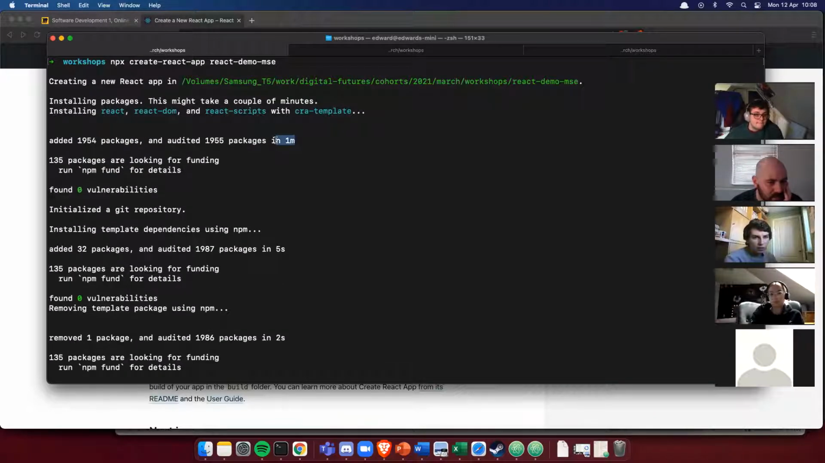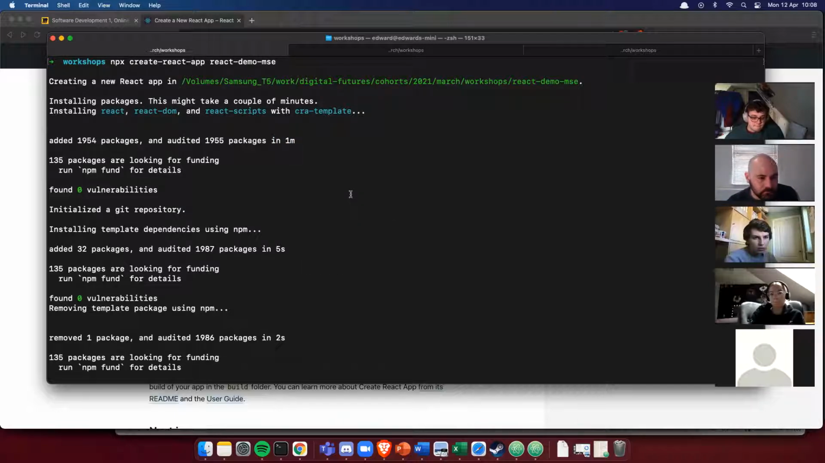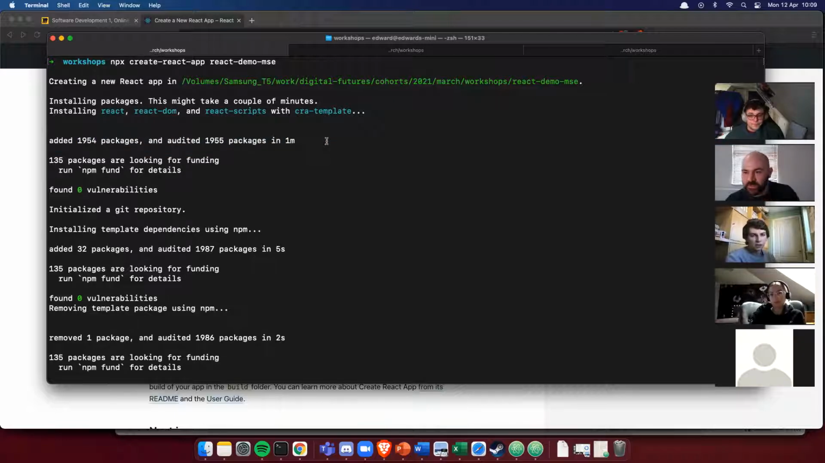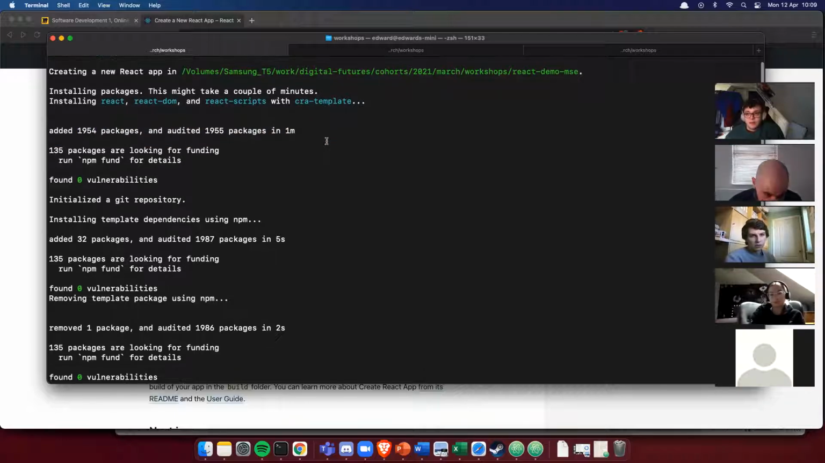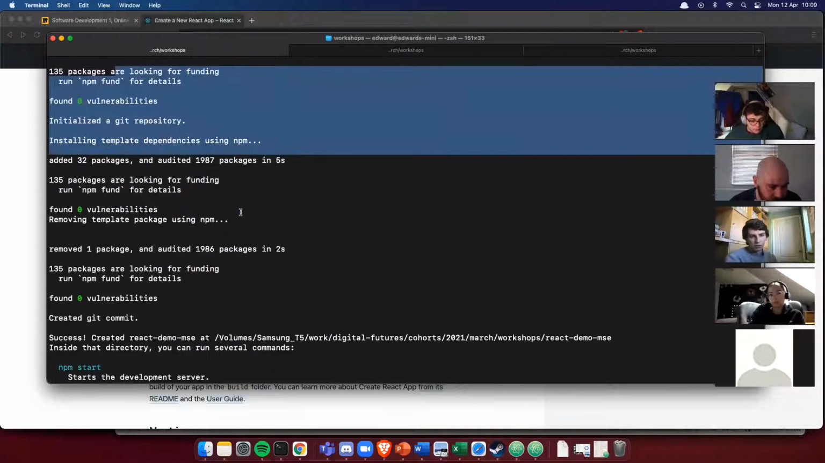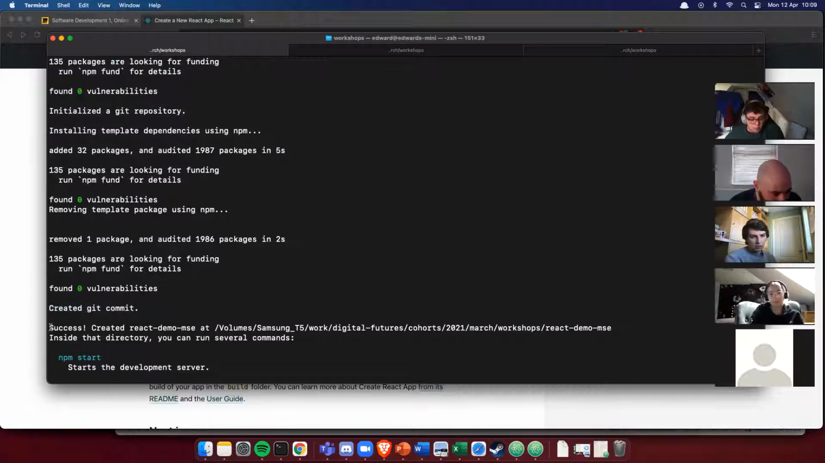It took about 1 minute to do. All right. So what we've done is we've added almost 2,000 packages. That's fun times. That's React for you. It's gone through and installed any more dependencies. It tries to resolve all the dependencies, and it also created a git commit. That's nice of it. And then